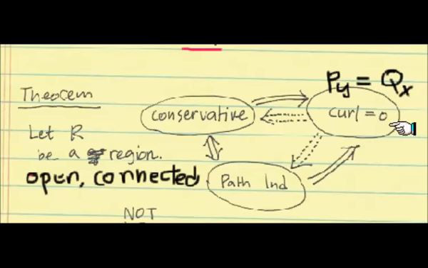If there is a condition on that R, this itself can be satisfied pointwise or locally, but there should be some global property to go from here to there. That property is simple connectedness. So if R is not only open and connected, but also simply connected, then the curl being 0 in that region R actually implies conservative and path independence. Having this diagram really clarifies the kind of confusion you might have had.